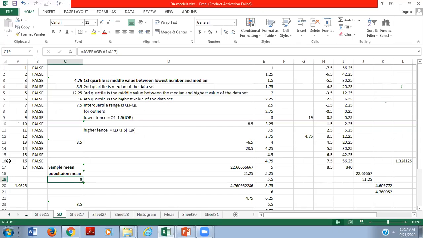If 72 is here, then what happens? Instead of 9, the average value goes to 12 point something, more than 12. So due to these outliers, our analytical values change, and if the values change, then the inferences will be totally different, right?